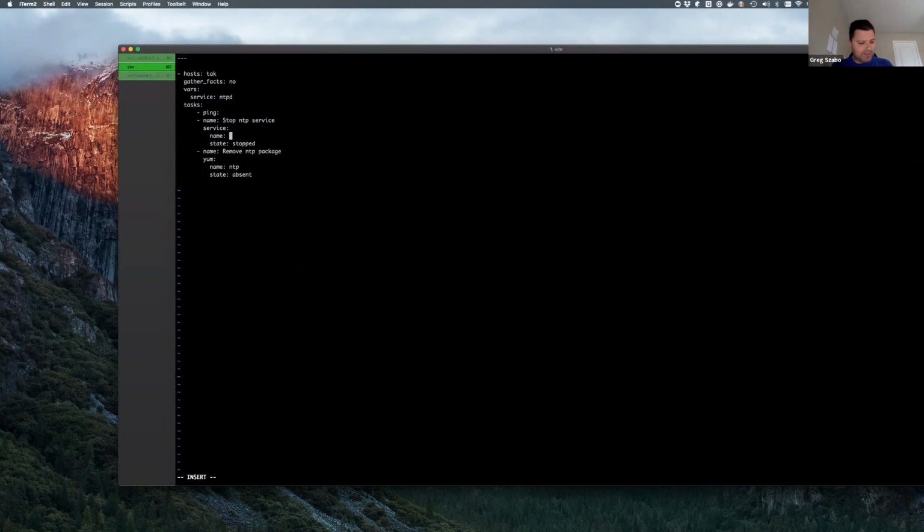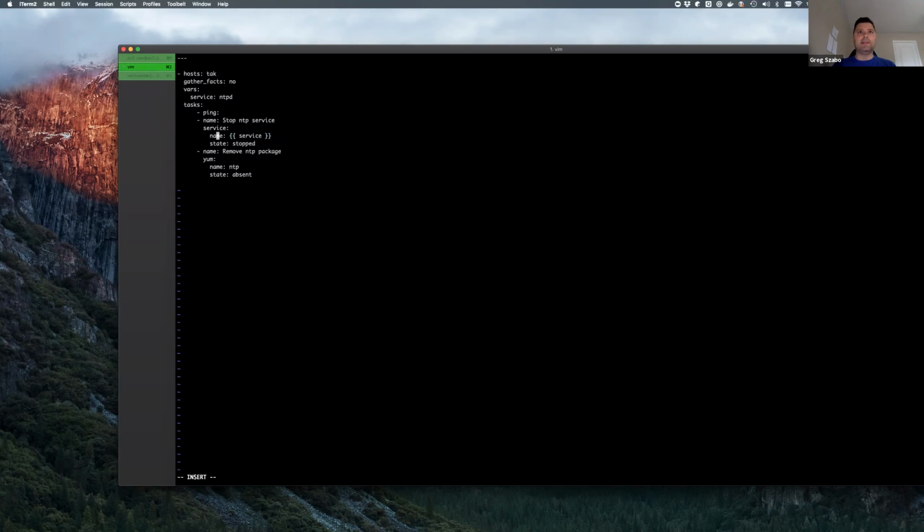So here we're getting into something called the Jinja templating language. It's a Python templating language, similar to Golang's template package, but with a little bit different syntax. If you want to read up on Jinja, there's good documentation there too. I'm going to show you the site, but let's go with some of the basics, and then you can just use those. So I have a variable called service,